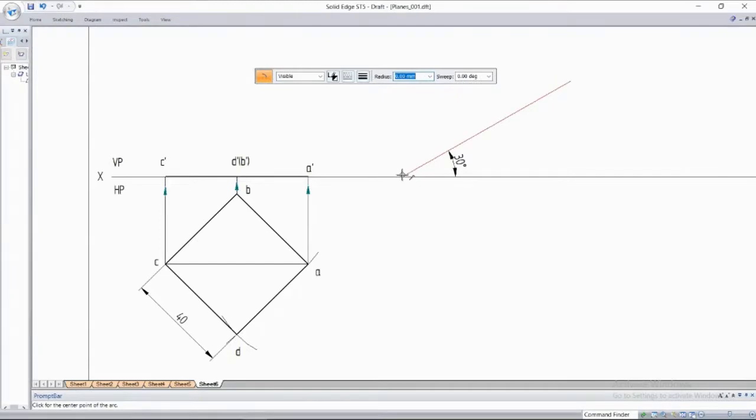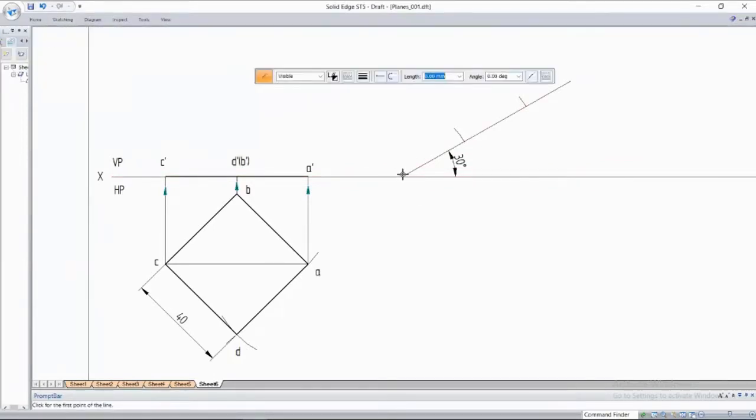Put your radius at 28.28, then cut an arc here. Again, from this point, it is the same length, 28.28. Cut an arc here.